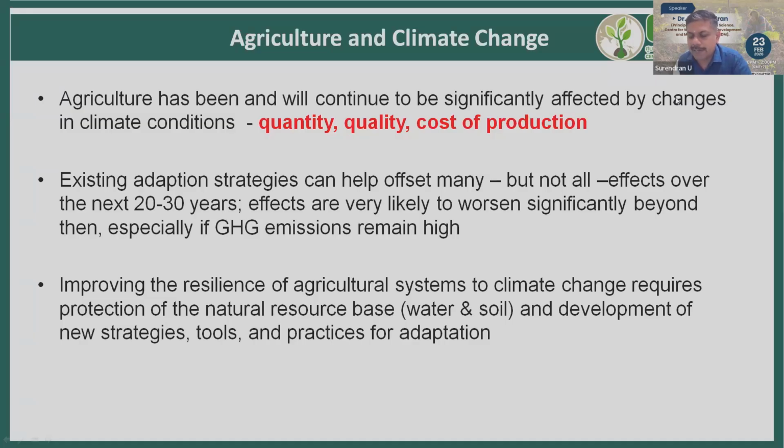All those things are affecting the quantity of production, the quality, and overall the cost of production. So improving the resilience of agriculture systems to this kind of climate change, especially in the global south, we need to protect the natural resource base, especially the soil and water,